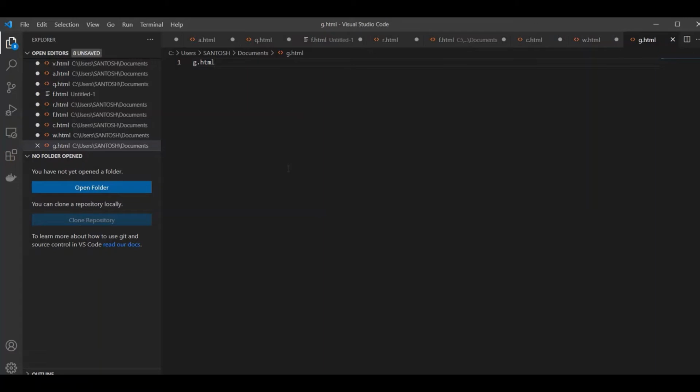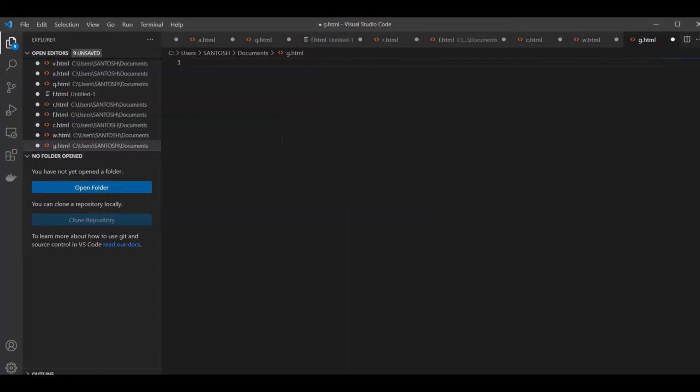Friends, first of all we will understand an overview of Visual Studio Code. This is my favorite software, developed by Microsoft, whose co-founder is Bill Gates. It is the biggest software company in the world, and its CEO, Chief Executive Officer, is Satya Nadella.